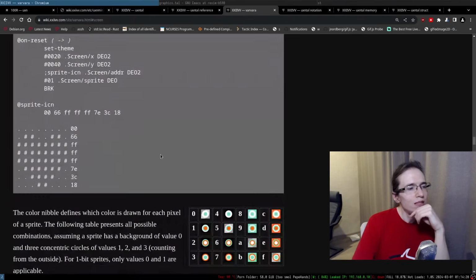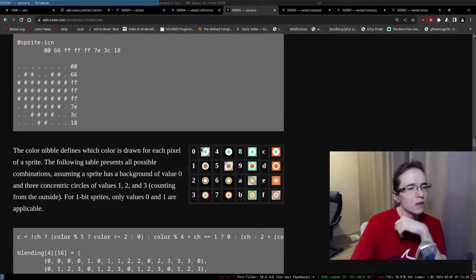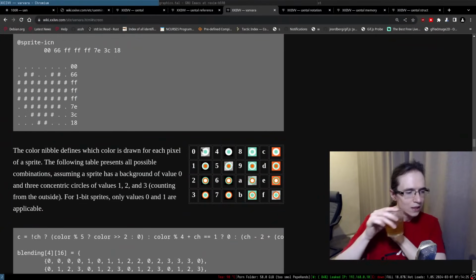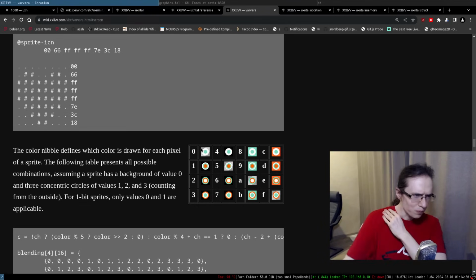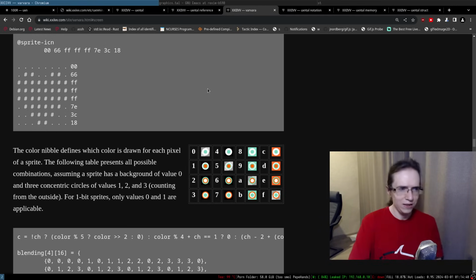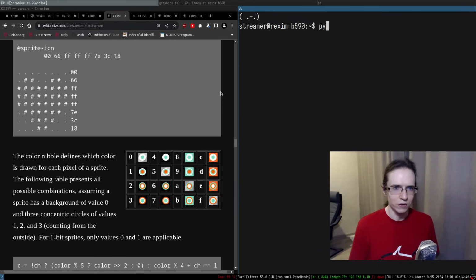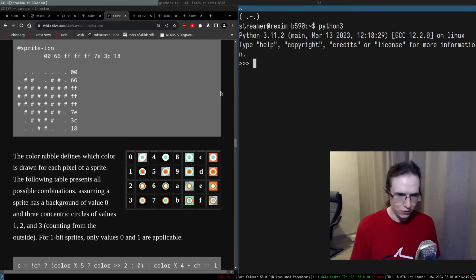The color nibble. The following table represents. If I understand correctly, these things are bits, right? So this is basically 8 bits. We can even confirm that, honestly. If I take the 0, 0, that's basically 0, 0, then 6, 6.